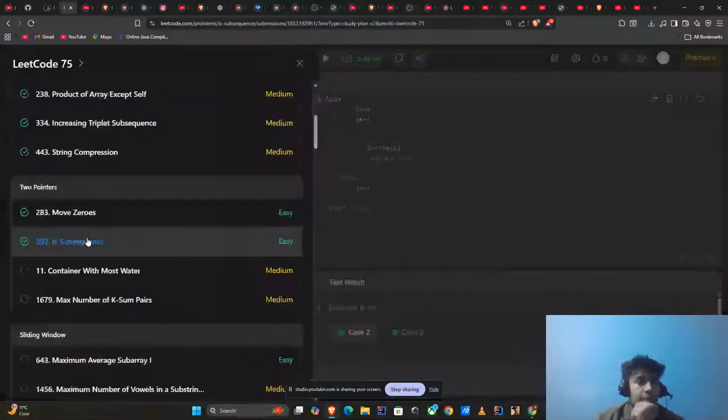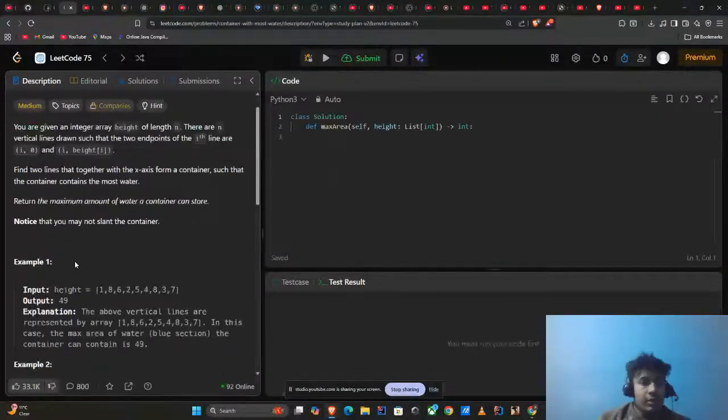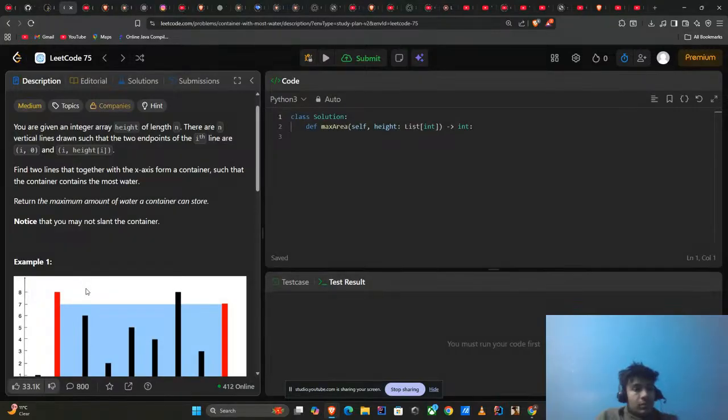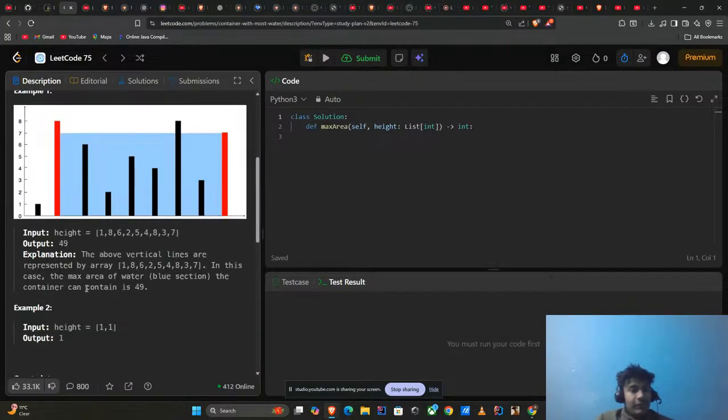Now let's move on. Okay, so in this you are given an array. There are n vertical lines, with the two endpoints of the i-th line. Okay. This error just synced now. Okay, what are we